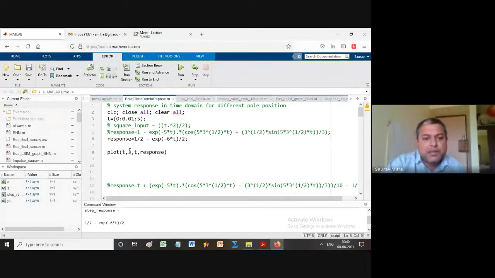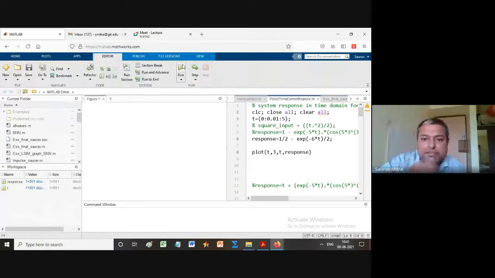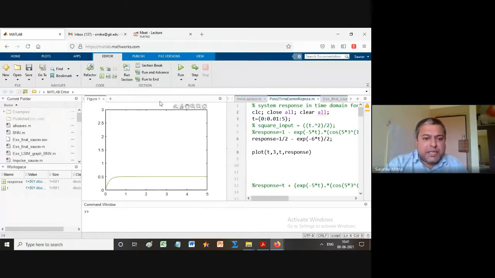So now I'm plotting it for t is equal to 3 and the response. So the response has changed now. Now see for 3 of unit step, how does the output look like? And we will find that the error is 2.5. So that we have to prove. So just check how much is the amplitude.